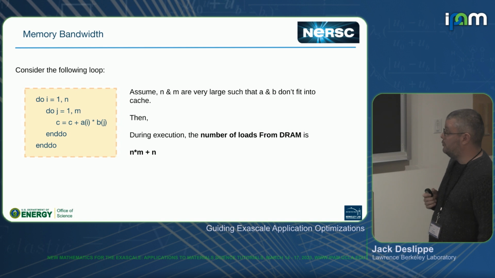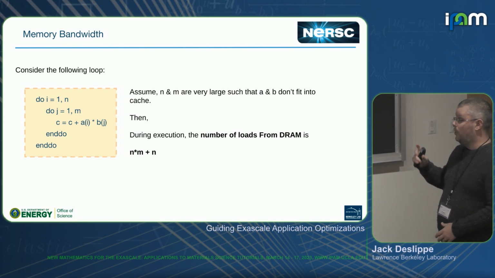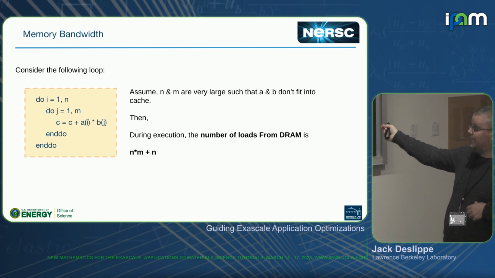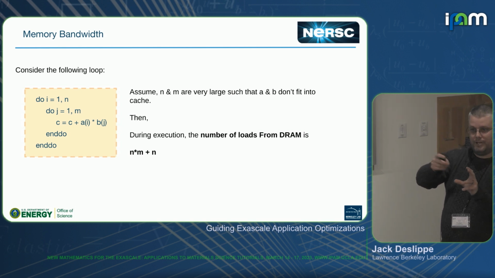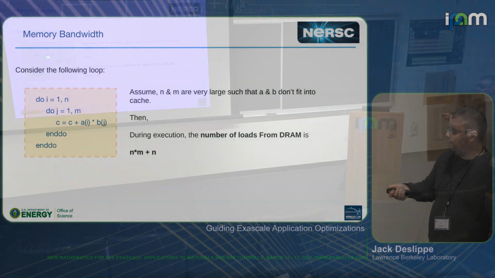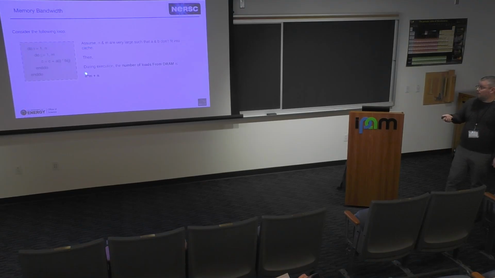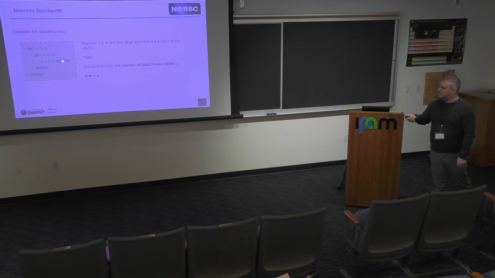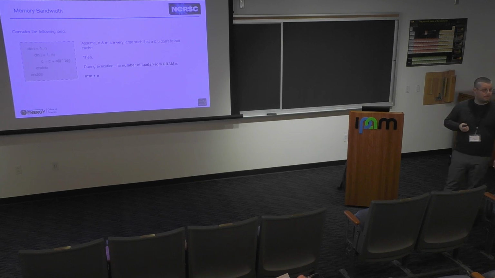Then during the execution, the number of loads from memory into the compute registers is going to be n times m plus n. So every time you go through this inner loop, you have to read all of vector b, and you're going to do that n times. So that's where the n times m comes from. So this would be an example of an application